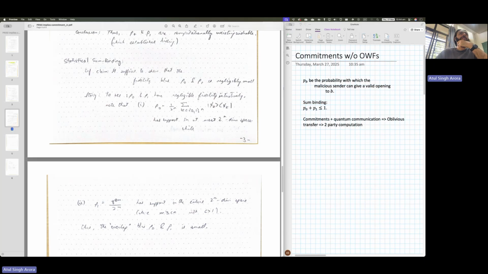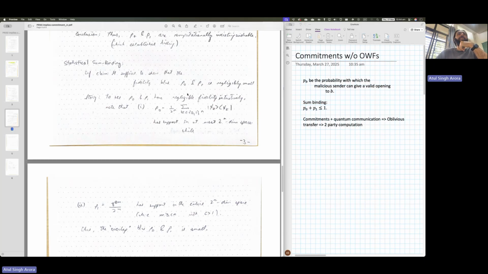Yeah, so we wanted to see whether rho 0 and rho 1 have negligible fidelity, right? So it turns out that to establish that this sum is at most 1, it suffices to show that rho 0 and rho 1 have negligible fidelity,